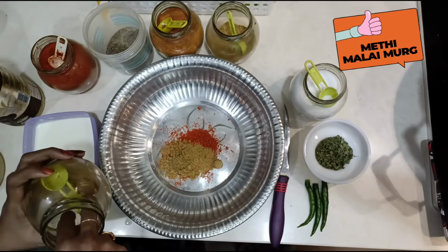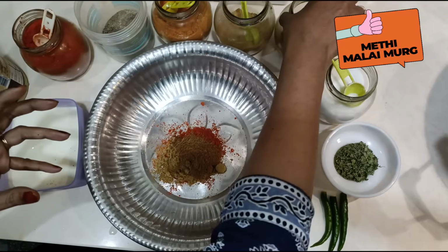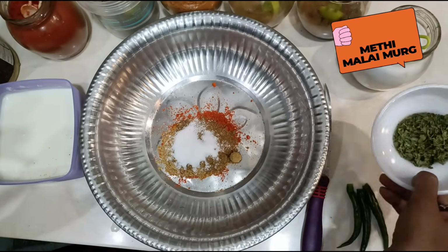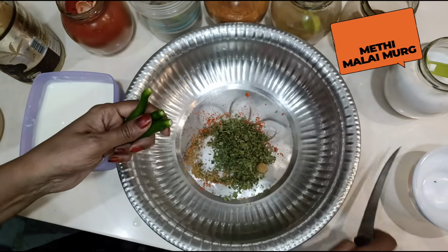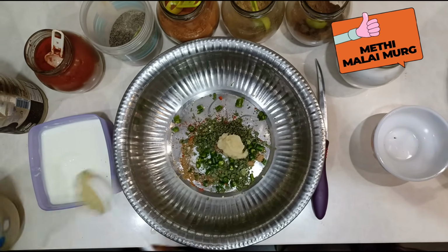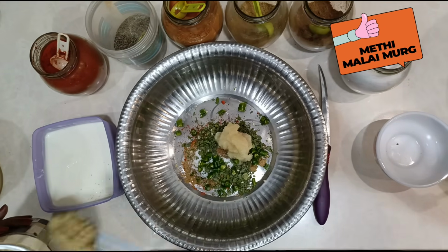1.5 teaspoon coriander powder, 1.5 teaspoon zeera powder, 1 tablespoon salt, 3 green chilies chopped, and 1.5 tablespoon of kasuri methi. Along with this, add 1 tablespoon of ginger paste and 2 tablespoons of garlic paste और 1.5 cups of beaten curd. अच्छे से मिक्स करिए।